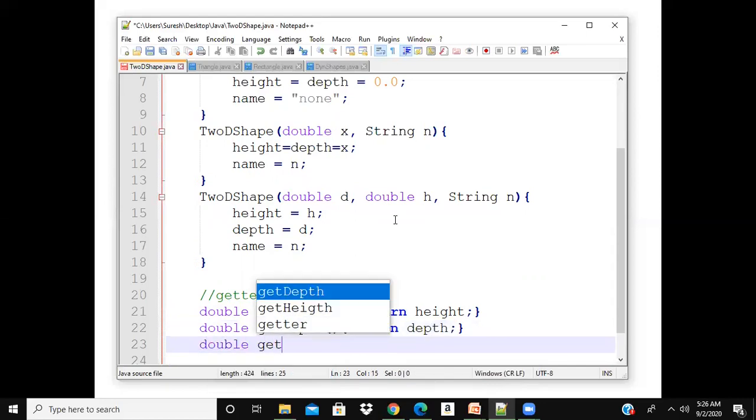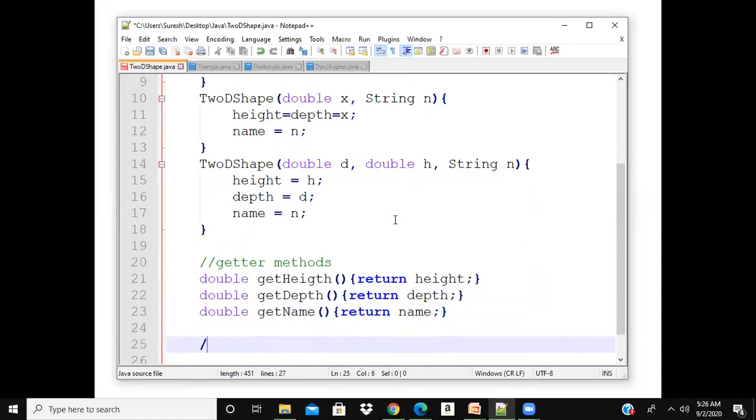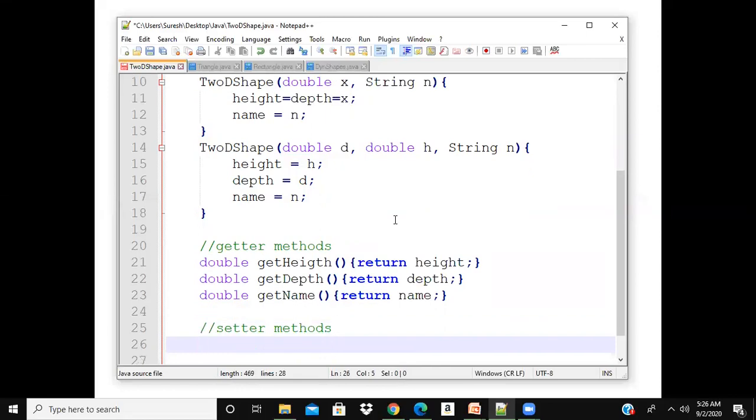Double get name, return name. So we got 3 getter methods, and I am also writing setter methods. Using these, we can set the values.